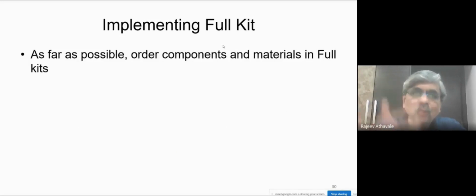Then there are some more things that you can do. See, how do you order parts and materials? That also depends. You might be ordering materials which are required for, say, the sub assembly. So you may tell your supplier that you give me all these parts together. Don't send something now and then something later. It's not going to help me because I will not be able to start, and I don't want to keep track of that. So you give me my full kit so that I can just take that and start working.